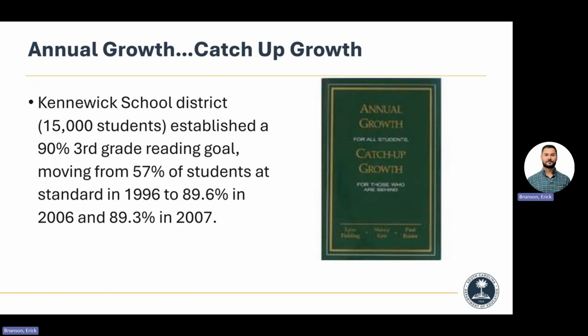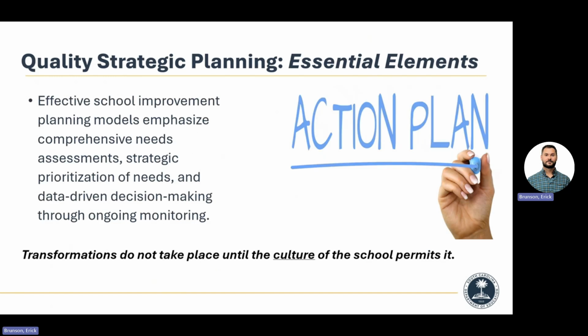It wasn't a trajectory on a straight line, too. Don't think that. It's going to go up and down. There'll be cohorts of the year, right? But overall, your trajectory hopefully should be going in that direction. It was not a linear line by any stretch of the imagination, but over time, their kids now are reading, the vast majority of them on grade level. And that was not the case. And they had some pretty high poverty. This was not a district that was underperforming. This was a district that was probably performing at what would be expected of their poverty level, but said no more. And so really, I enjoyed that book.